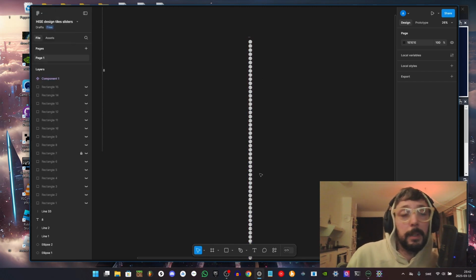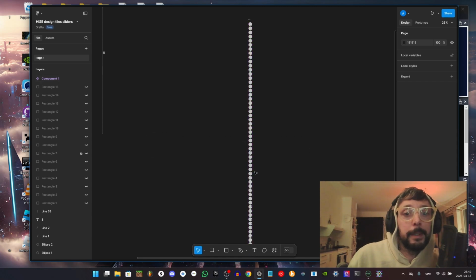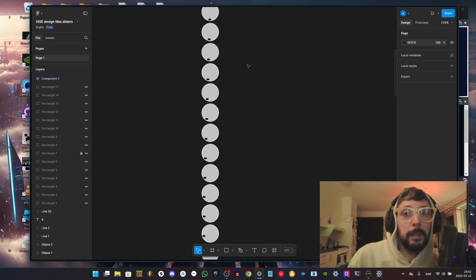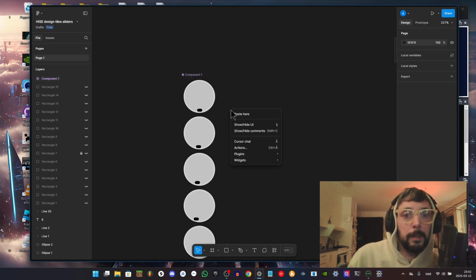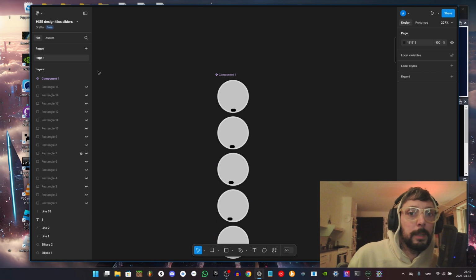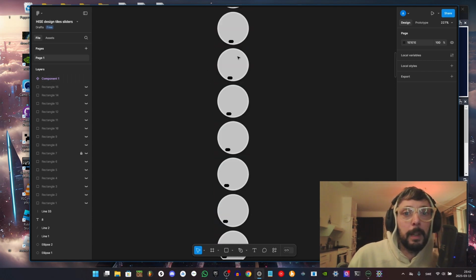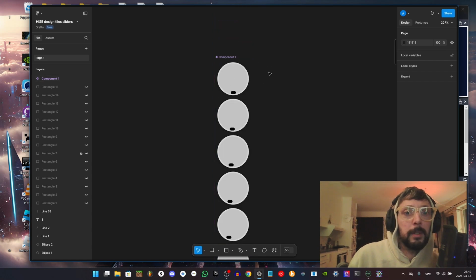Yeah, so I'm inside Figma, and as you see here, I got a lot of knobs, small knobs, but actually if I zoom in, these are all a component. If you don't know what a component is in Figma, you can select a lot of different objects and make them a component, but I will talk more about that later. Right now I'm going to open the component over here to the left,